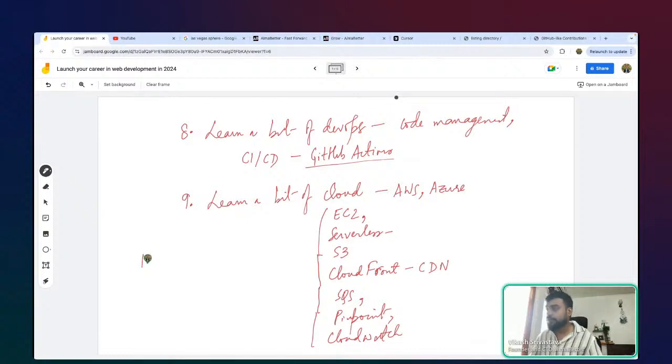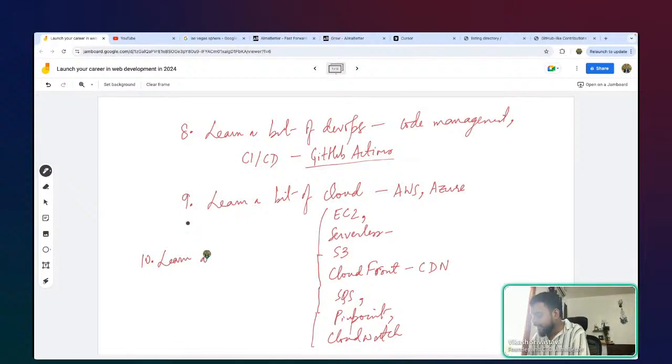And then the last piece that we need. Of course, I'm saying learn a bit of it. You don't have to become a master, but you need some acquaintance with it so that you are a full-fledged developer. And remember, we don't want to just remain a developer. Our goal is to become a software engineer. Of course we'll start small with basic development, so we'll become web developers, but the idea is we want to think like an engineer, and that requires a whole lot of other things as well.